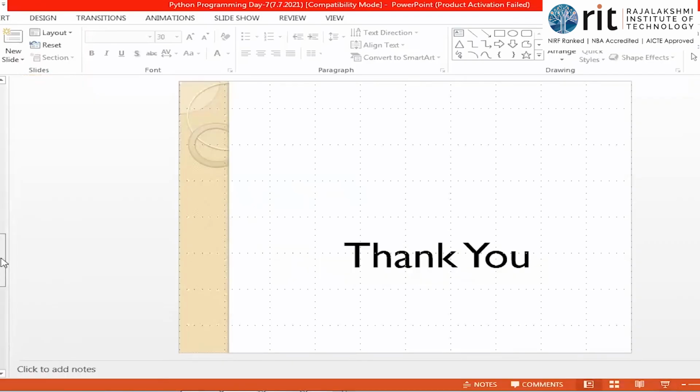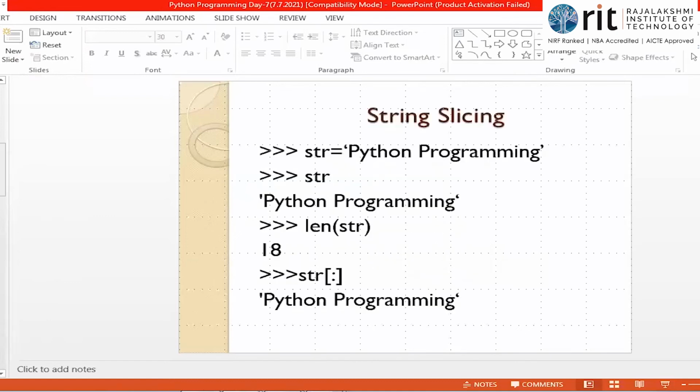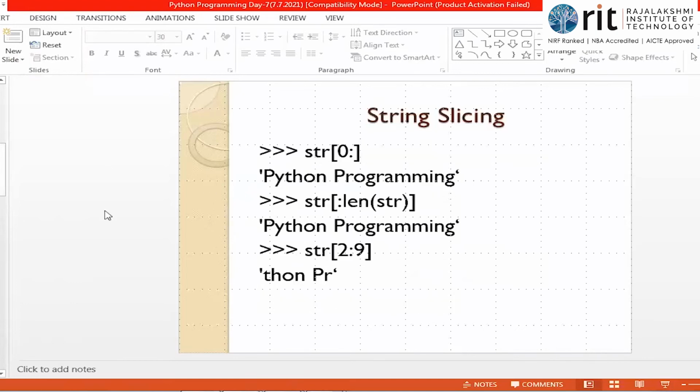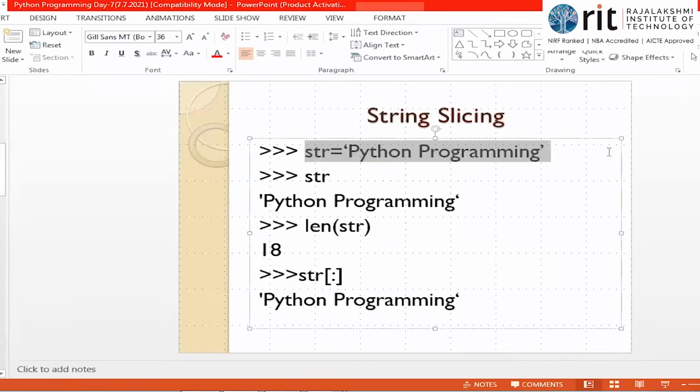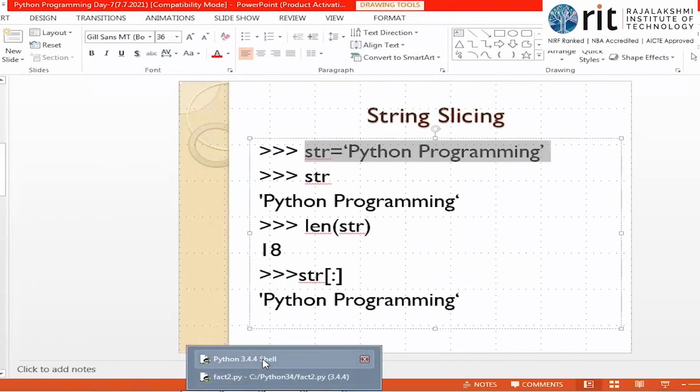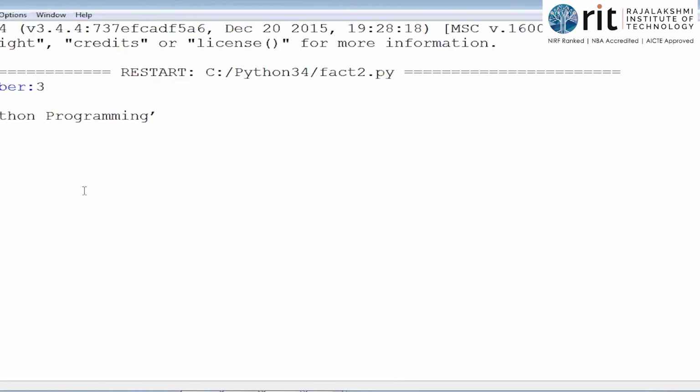Many are asking for that particular example. I'll show that example now. This one, isn't it? Wait. I'll execute this and show it to you in the shell mode. Those who asked for the factorial, the explanation of the last 3 lines, I'll do that. Must stay online. So now str is Python programming. Just take a simple string and see, okay? Use only Python and try the slicing.